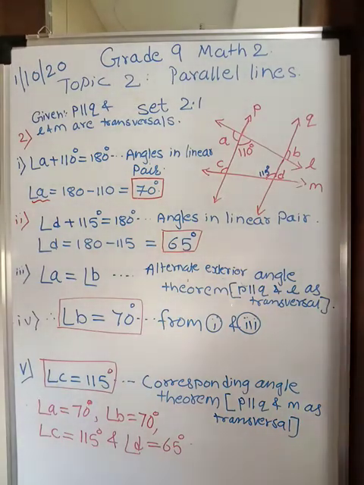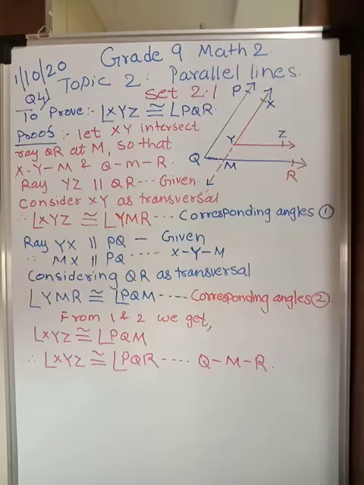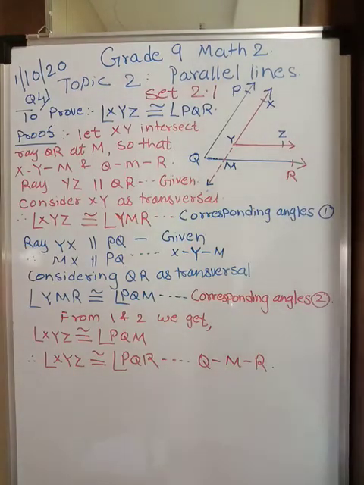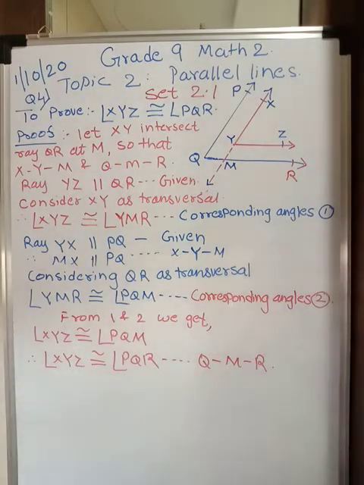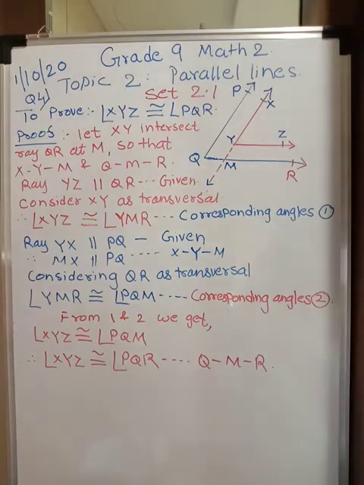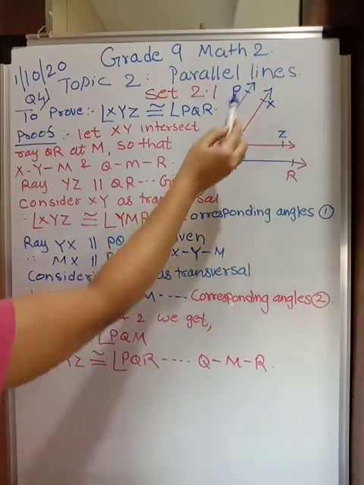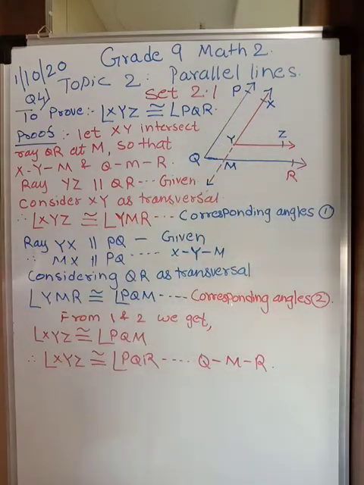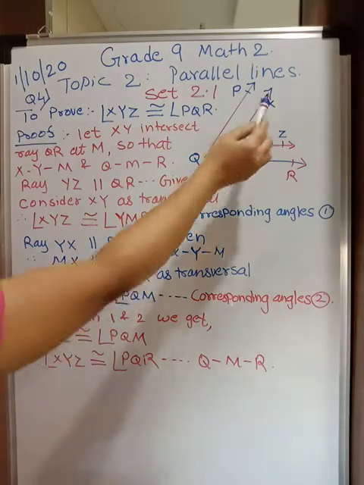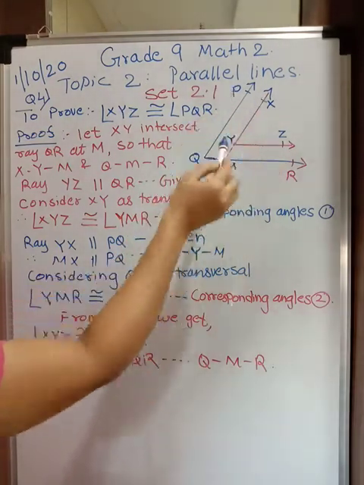Alright? So let's go for the next problem as well. Now see students, question 3 is reduced from your syllabus as well as question 5 is also reduced. So we'll be doing only question 4. Now see what question 4 says, that in the figure, sides of angle PQR, you can see angle PQR. Sides means PQ and QR, its two sides. Sides of angle PQR and XYZ are parallel.